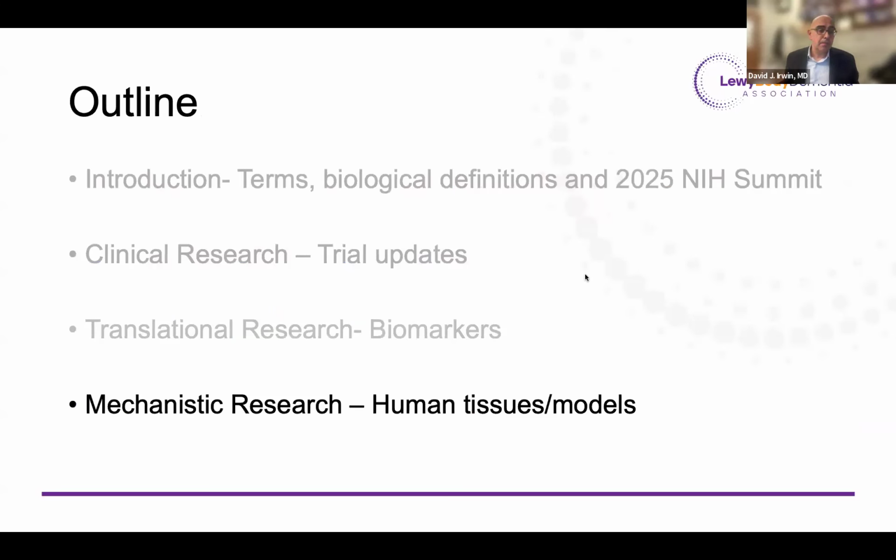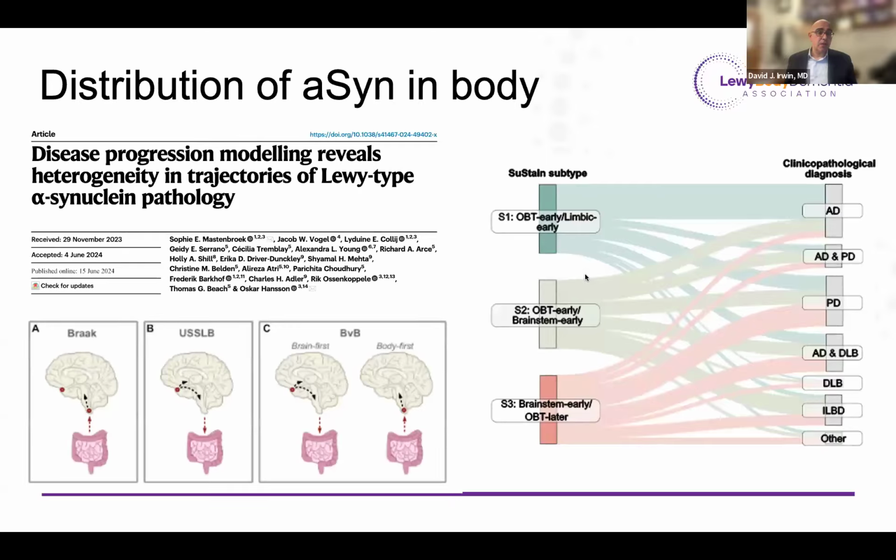So now I'd like to move on and finish with some highlights of mechanistic research. These are research looking at human tissues or model systems to help understand the biology of Lewy body disorders. And one large-scale study that came from a collaboration of Banner Health System with a group in Sweden using a really impressive cohort of individuals who participated in brain and body donation where alpha-synuclein could be measured under the microscope